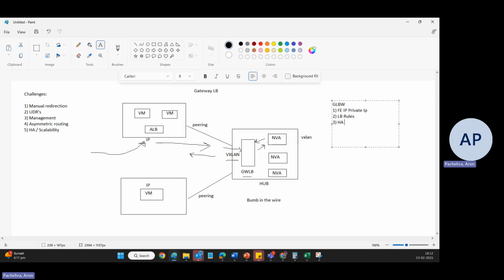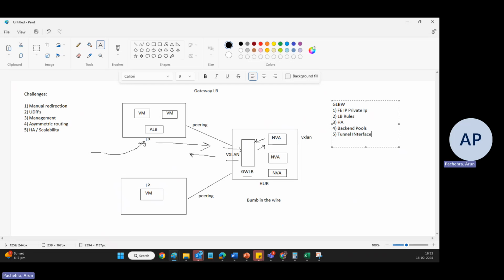Now, it also has backend pools, which are our NVAs. So it has all the same configuration as any other load balancer. The backend pool could be virtual machines or instances in a VMSS handling the incoming requests. The backend pool can include instances from any virtual machine within a single virtual network, just like any other load balancer. Now, there's something interesting which is called